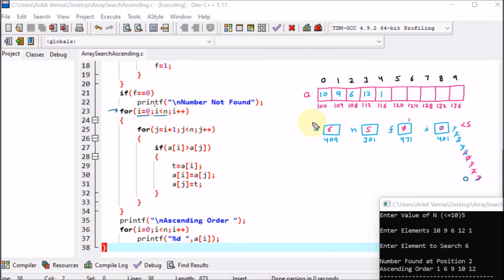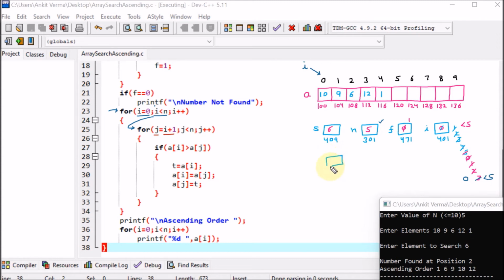What is the value of n right now? We know that the value of n is 5. So here 0 less than 5, that is perfectly fine. Now afterward, it will come down. Understand logically that first of all we have fixed this i. Now this i is here on 0. So this is the logical representation. The next loop is saying that j is equal to i plus 1. For that we have to take one more variable, so I am defining j here.